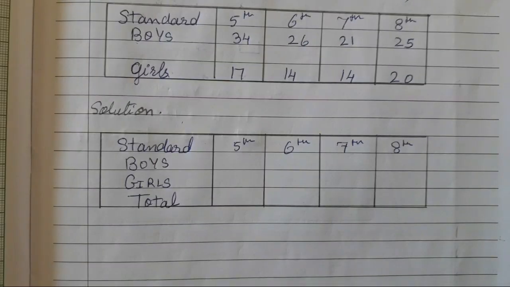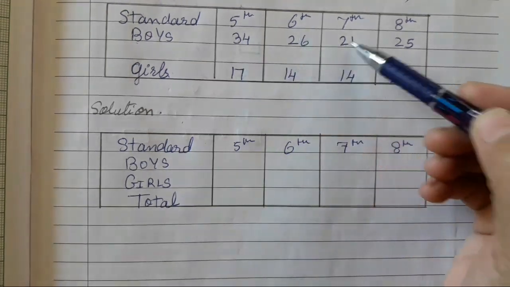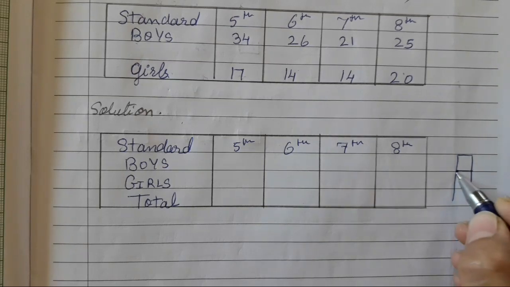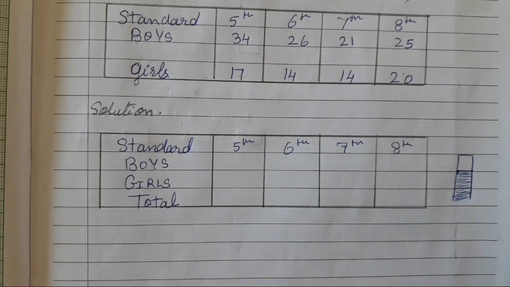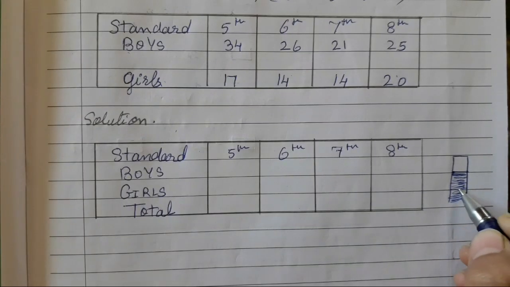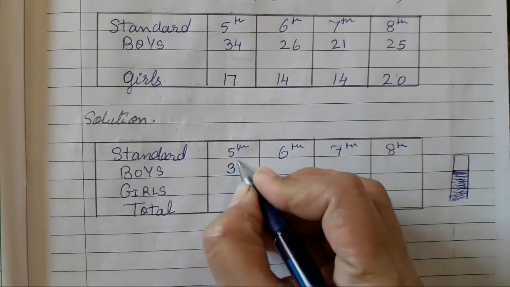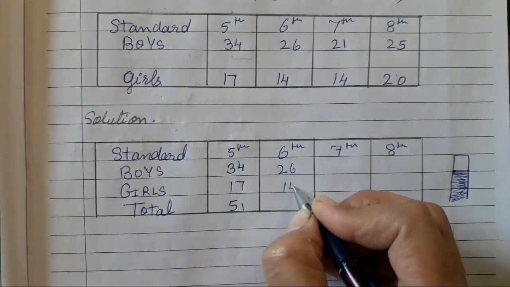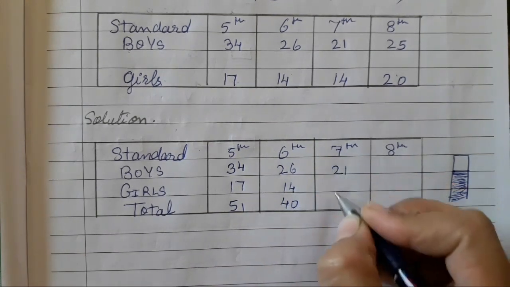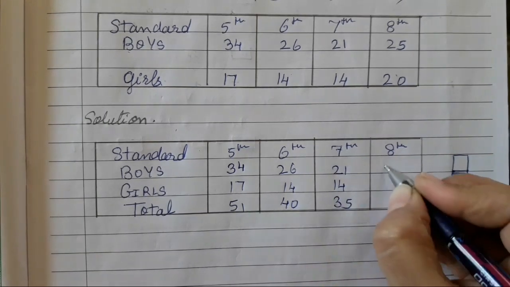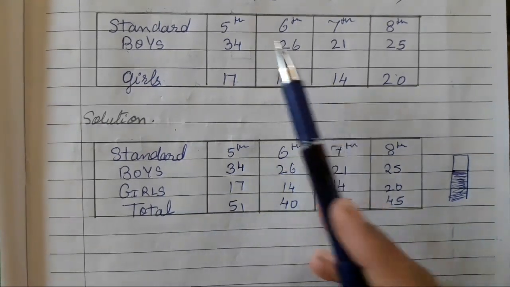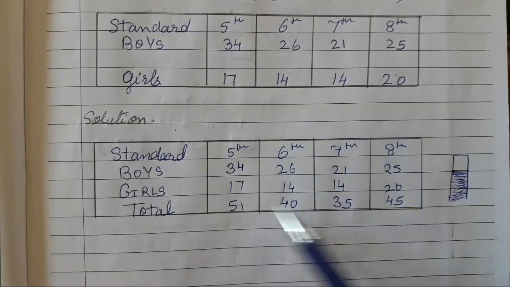So over here what we have to do is, children, we have to add these two in order to form a single bar. Then only we will be able to divide it, isn't it? So we will take this one for the boys and the blank one for the girls. So let's do the total first. You have to just add it. I have taken the numbers that have been given in the question, and I have just added them.